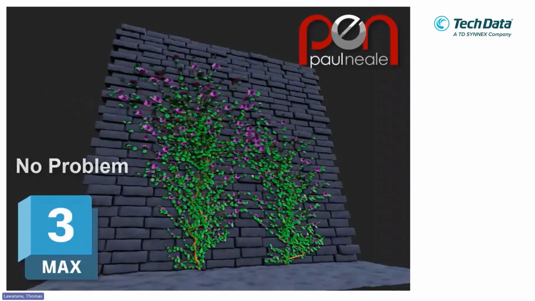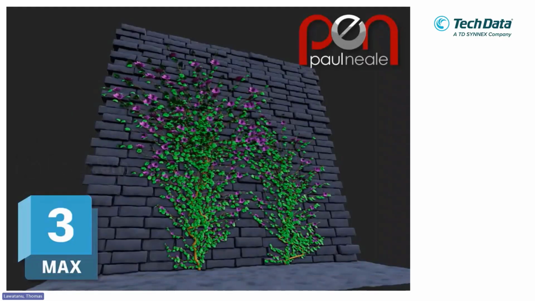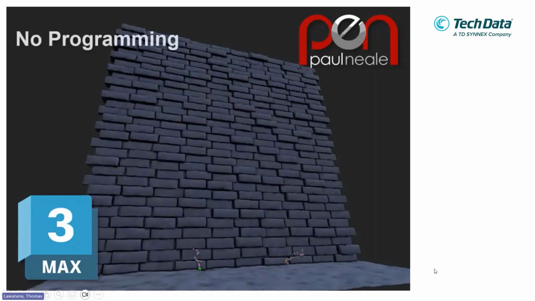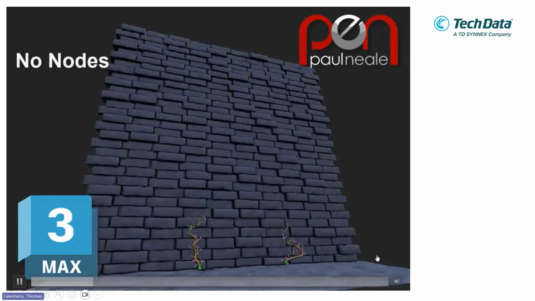I saw this effect in Maya. They used Bifrost, but I'm really surprised. I texted him, hey, this is good. It's impressive because you create it without programming. When I create this project in Maya, I need to use Bifrost, the visual programming, to create a plant vein like this. Okay, this is a good example.